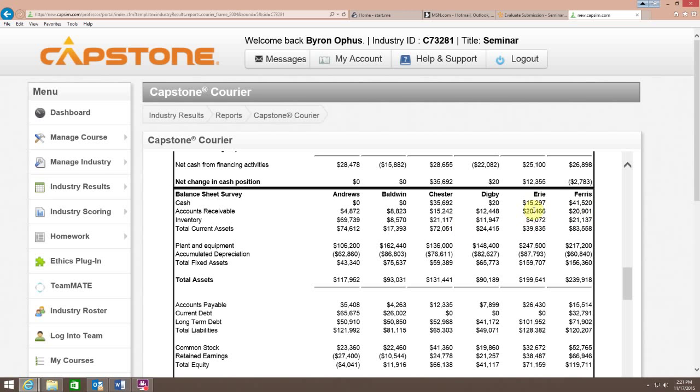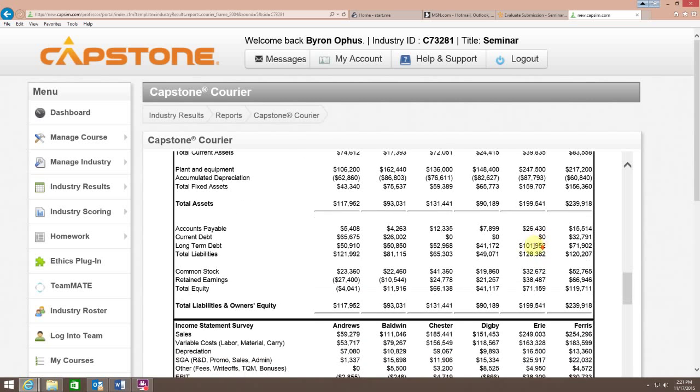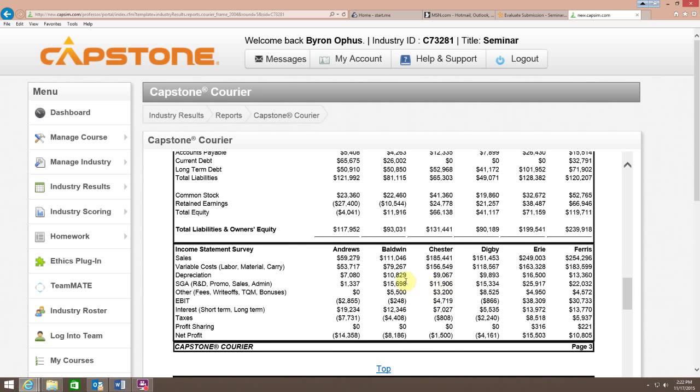Accounts receivable, yeah, okay. Inventory, not much there. I'm just looking for stuff here that's maybe important. Total fixed assets, Erie's a big company, right? And they invested a lot in plant improvements, so it's kind of interesting. Of course, they've introduced some new products and whatnot, so that's not surprising. And yet, not all that huge in terms of total equity. Bigger than a couple of these companies that are just tiny, and Digby's relatively small too, but quite a bit smaller than Ferris and about the same size as Chester.